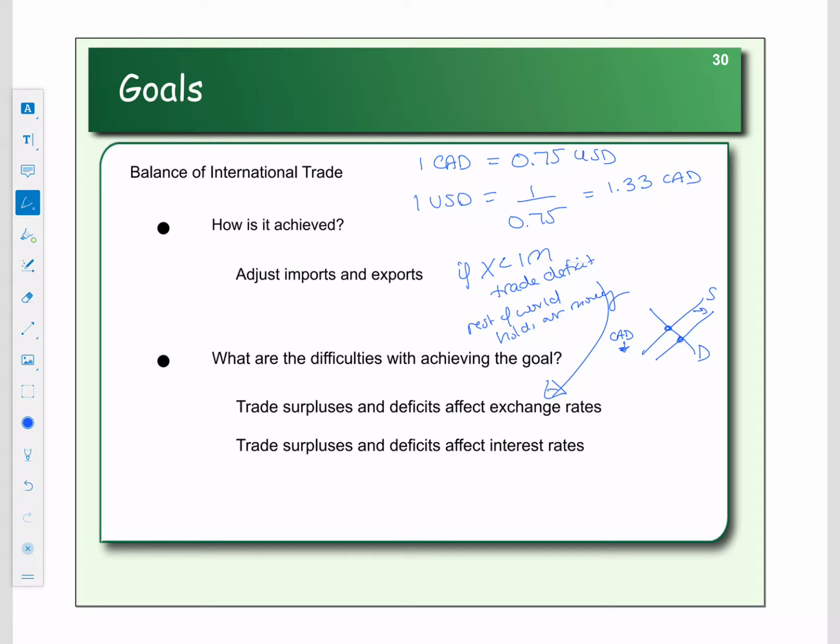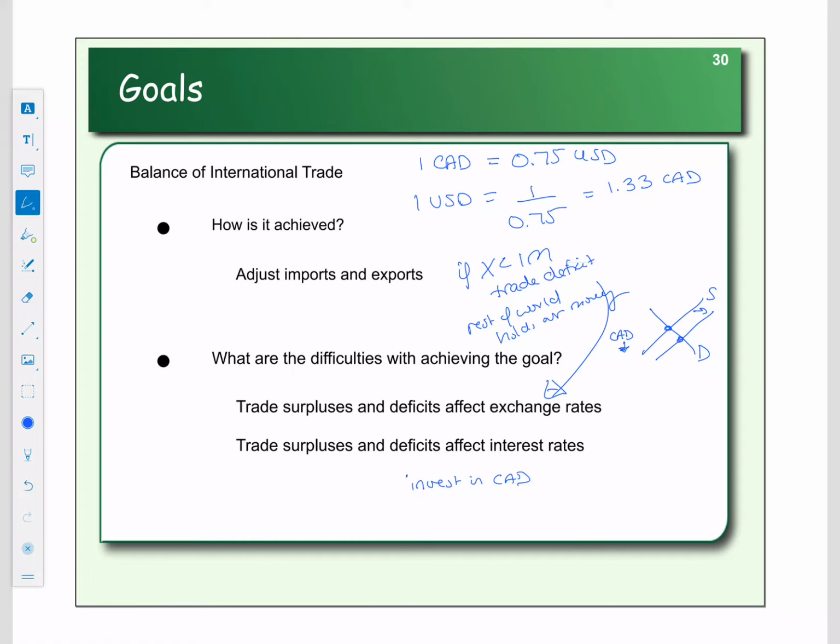Now, trade surpluses and deficits also affect interest rates. Let's suppose we have that same trade deficit. The rest of the world is holding your money. If the rest of the world is holding your money, they've got to do something with it. They can buy your stuff or they can invest in your stock market. So if they all have a bunch of your money and they decide they want to invest in Canadian dollars,